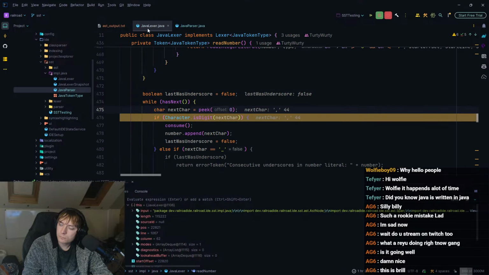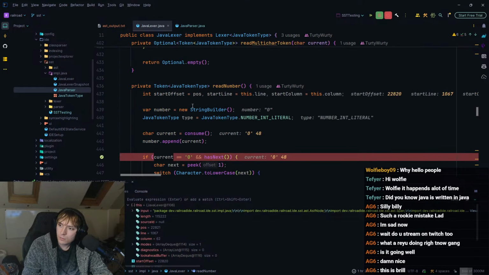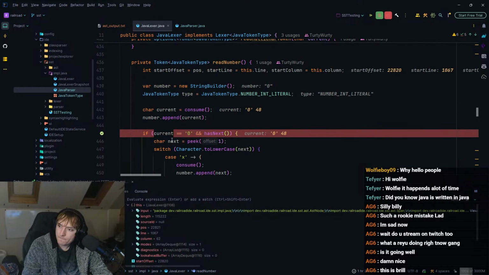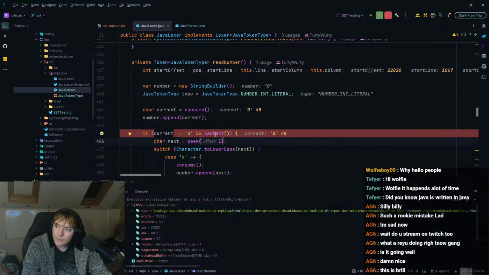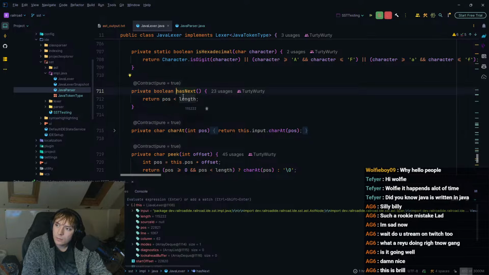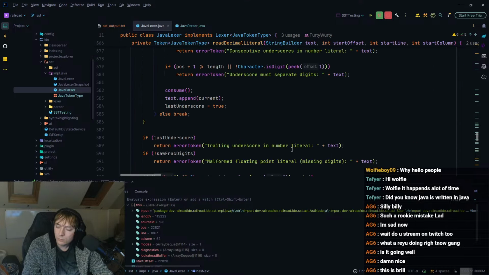Wait. The next is equal peek 1. Is that correct, or is it peek 0? It's peek 0, right? Because has next is checking pos is less than length. So in order to get the current character, basically, you have to peek 0, I think.